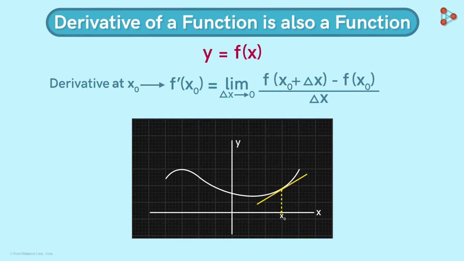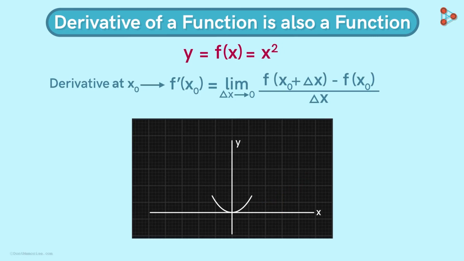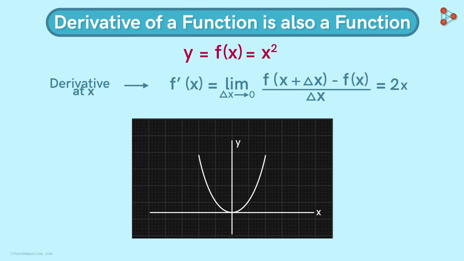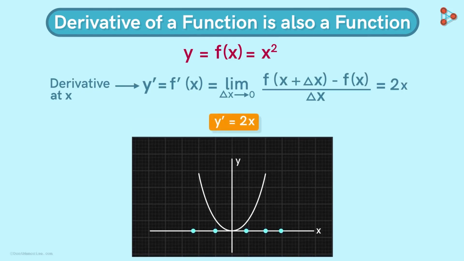For example, consider the function y is equal to x squared. Previously, we'd found that at a particular value of x, let's say x1, the derivative of this function is equal to 2 times x1. But now notice that x1 is an arbitrary value of the variable x. That is, it can be any value of x. So let's replace it by x here. And also, let's say the derivative is denoted by a variable y prime. Therefore, this means that for each value of x, there is a value of y prime related to it, which is the derivative of f of x at that point.